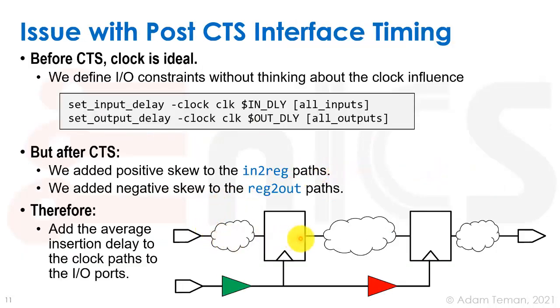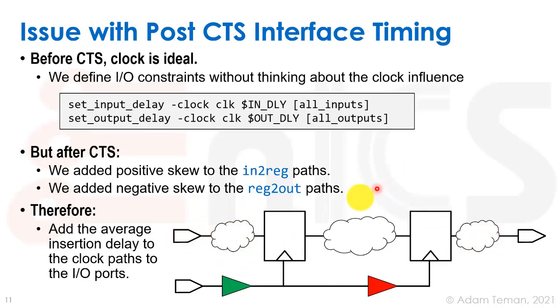So what happens is when we use this set input delay and set output delay type of an approach, which I said I don't like. I like using a set max delay type of approach. And the reason is this. We have our entire design, for reg to reg paths, which are the vast majority of our paths. After CTS, we know exactly what this green delay is and what this red delay is, and we can figure out our skews between these two points and really run our STA checks, and we have everything we need to know. The problem is these interfaces, these in-to-reg paths and reg to out paths,